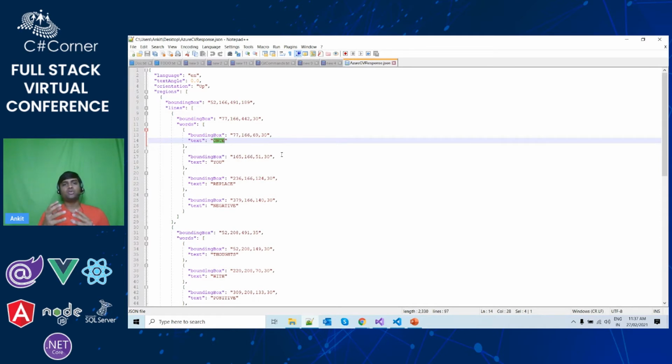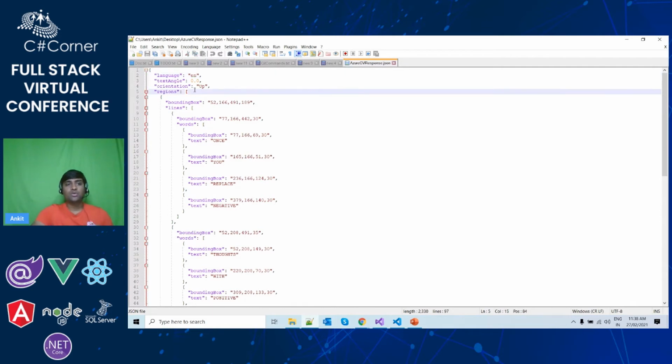So we have to do some manipulation at our code level to produce this data in a readable format. What manipulation do we need to do? First manipulation is the language. If I have to show the detected language to the end user, I am not going to show EN. It does not make any sense; the user does not know what EN means. I have to show the full name, English. Similarly, if I am using German, it will show DE, and I am going to show German to the user. So we have to write our own logic to convert the code to the corresponding language name.